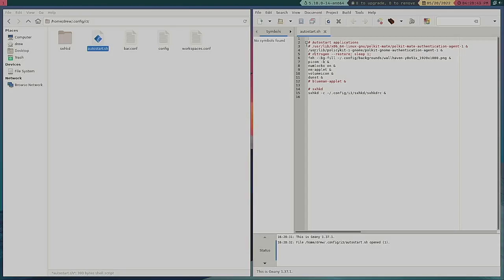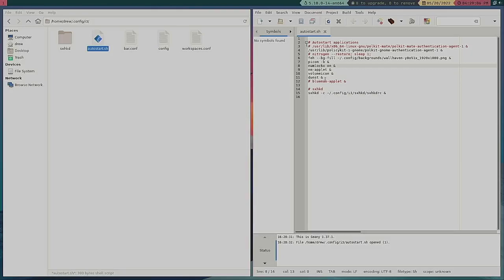It's using the GNOME polkit. It starts numlock, because I like the number lock on. I do. It's just like a thing that I have. It's something like I have to have. And then nm-applet, which is this right here. And then volume icon, which is this right here. And